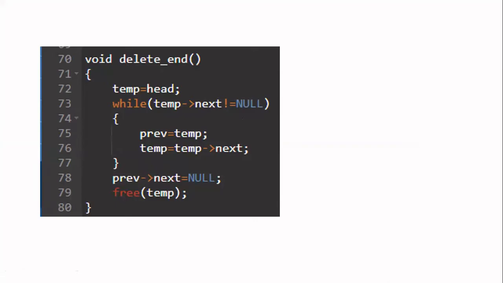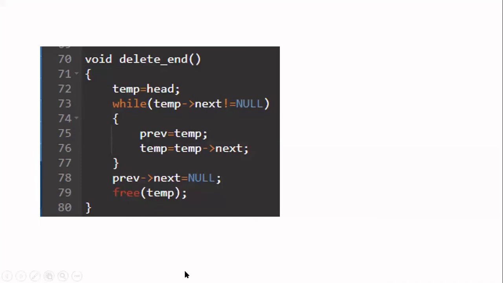So now you have to do only one pointer change. The pointer change is nothing but you have the previous node. In that node, in the next field, you store null. Only one address change. Then what is the final step? Since you are deleting, something should be released to the memory. That is the garbage area. That is nothing but free of temp. So with this, delete end is over.